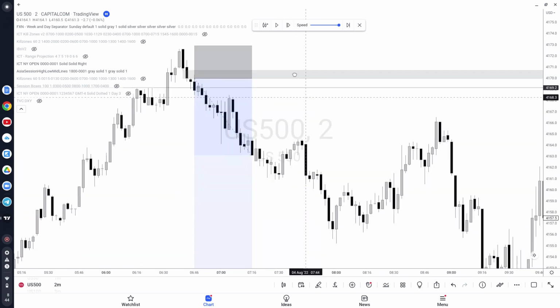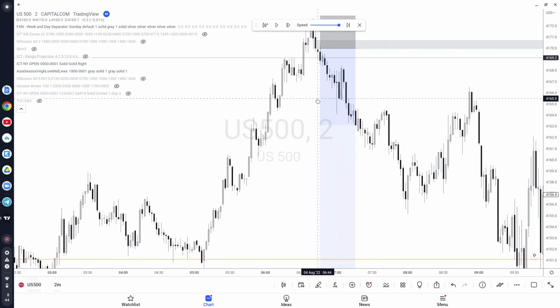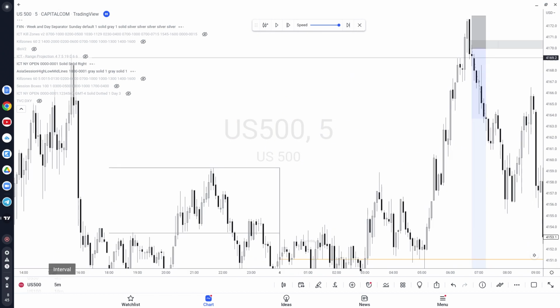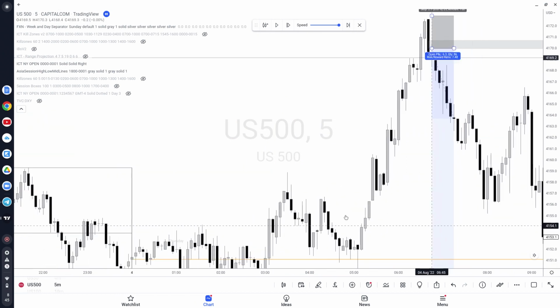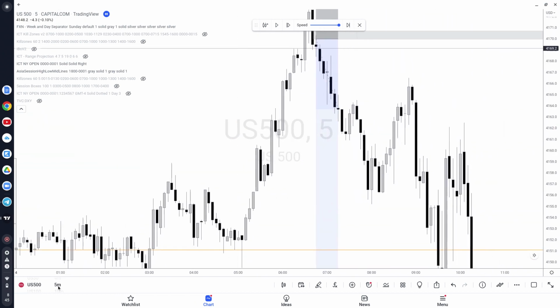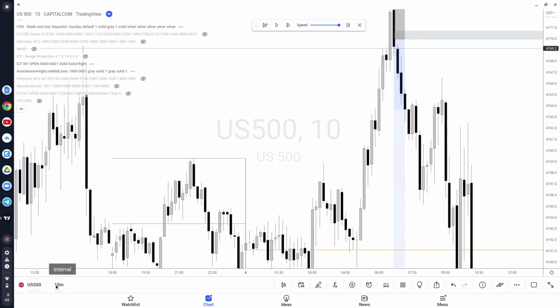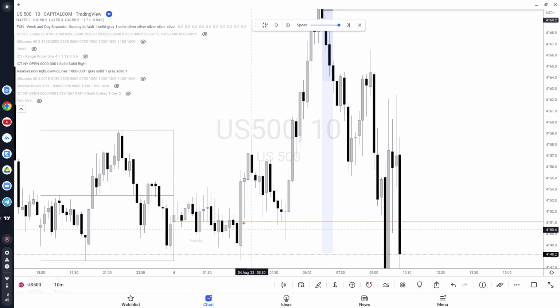So this is a 2 minute, and then this move here comes from. So you had like, I want to say, 15 minute, yeah, 5 minute, we can even push to a 10 minute. All right, so here's an order block that actually swept liquidity here, and then here's a fair value gap, right? And you can see price push down, sweeps this liquidity, and then here's the fair value gap here,